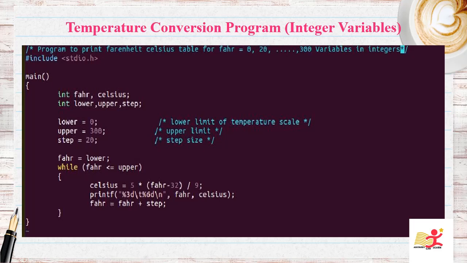Similarly, you can use float, which means floating point, that is numbers that may have a fractional part. And the range of both int and float depends on which machine you are using. Apart from int and float, there are other data types in C which we'll see later. Then coming to the computation, before the computation we have to assign the variables with values. So you assign lower equal to 0, upper equal to 300, and step equal to 20. You can see each individual statement should be terminated by semicolons.